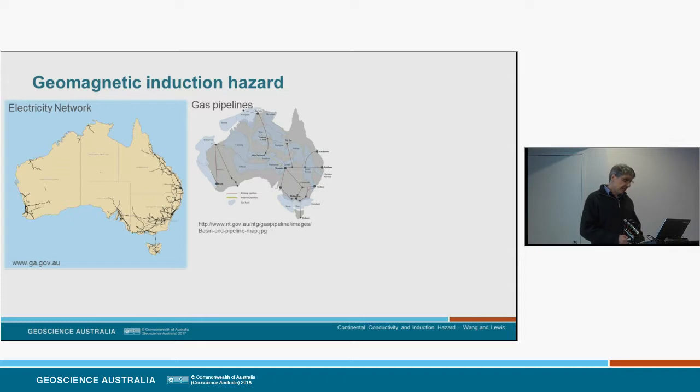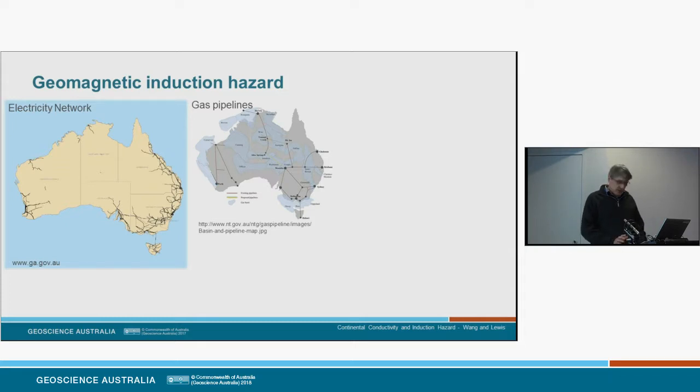Now, geomagnetic activity tends to increase with latitude, and although Australia's mostly in mid-latitudes, there have been GICs measured in the Australian network with magnitudes of around 5 amps, but in high latitude areas they're known to get up to tens of amps. And as far as we know to date, there haven't been any known problems from GICs in the Australian grid, but there are documented problems in New Zealand and in South Africa, which are on similar latitudes to us. So it's important really to understand the GIC hazard, because the consequences of power problems are very significant.